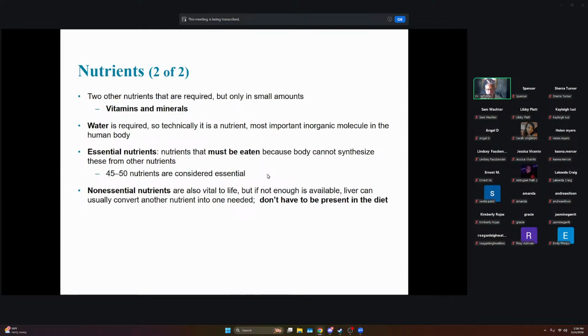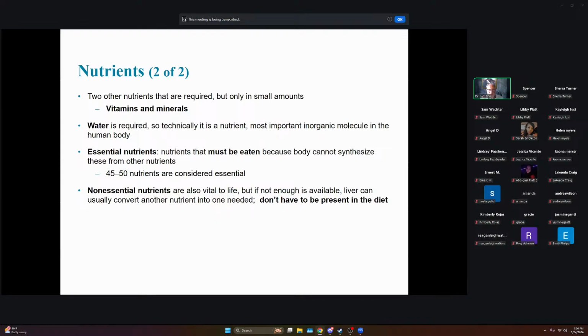It's a huge molecule required for the body because at the end of the day, we are about 2/3 water as living creatures, okay? So we're going to see a common theme here through today's lecture on nutrients, nutrition, and metabolism introduction. And that's that there are sublayers to a lot of these things, and nutrients is the first of those. Nutrients can get broken down into essential nutrients and then